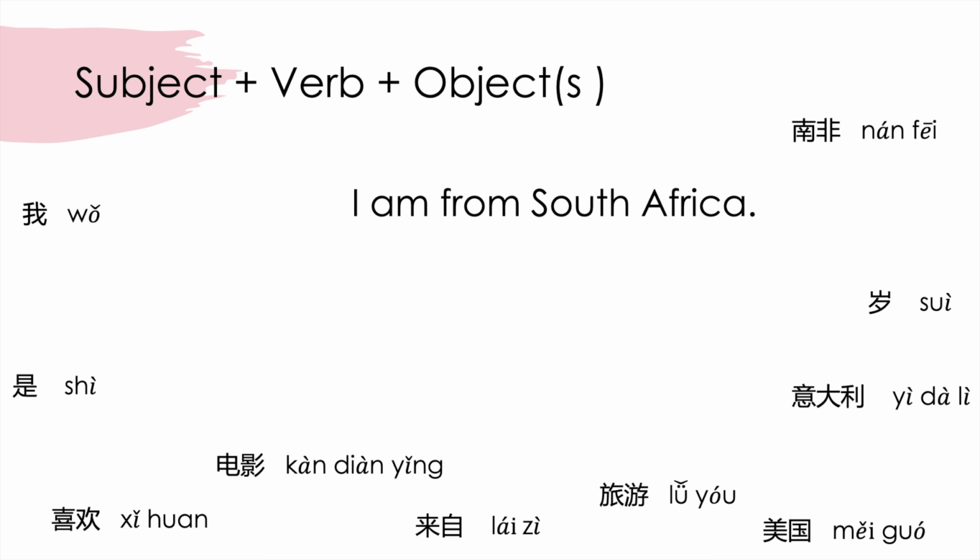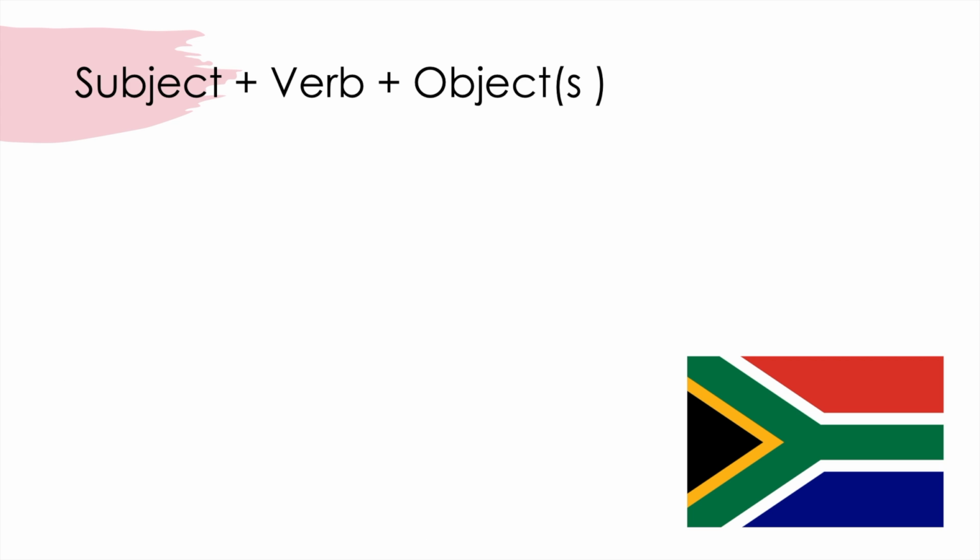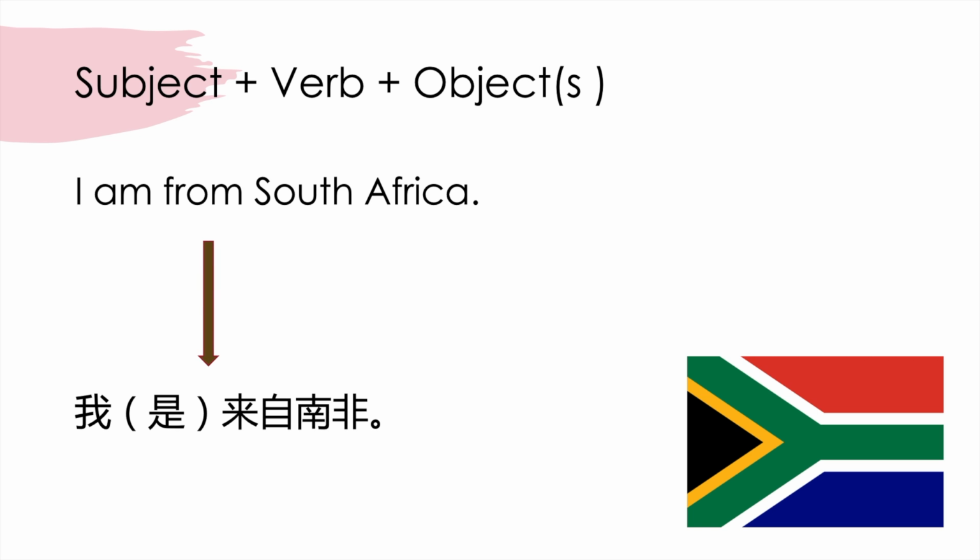I want to say I'm from South Africa. 我是来自南非. So what do you think the sentence will be? Probably you will say 我是来自南非. Last lesson, I also said 来自 is a preposition, but in most cases it's a